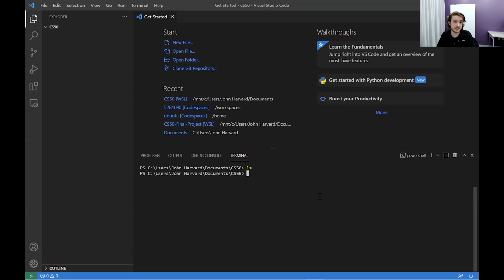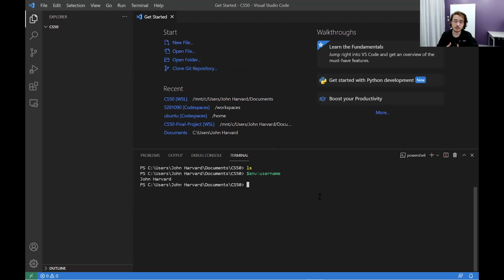So this is an exciting development, and I could even show you. Here I'm using my username, John Harvard. I could use this username to show you this is genuinely connected to my own computer right now. Again, this is somewhat exciting, but before we get ahead of ourselves with this terminal window, we want to pivot and go in a different direction, because I actually liked the Linux environment we were using in CodeSpaces. I liked the commands; those are familiar to me. If you've been with us for the whole course, those are what you know. And so you don't necessarily have to relearn everything you've done in CS50 by using the Windows PowerShell, where the